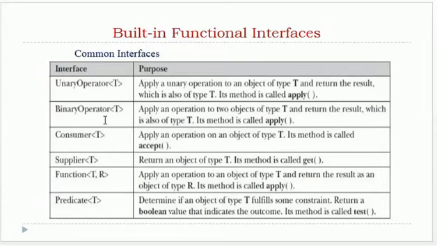So these are the built-in functional interfaces, and here we are discussing them because when we are going to make use of streams and some other important concepts, these terminologies will be there, and there we should know the meaning of this. Wherever function is written, it means I need to write a lambda expression, where on the left-hand side I write the input parameters, and on the right side of the lambda operator I write the functionality of my apply method. Fine. So that was all about lambda expressions and built-in functional interfaces.